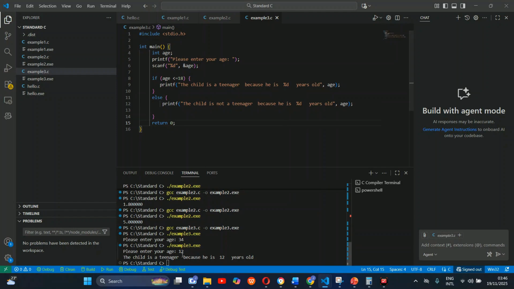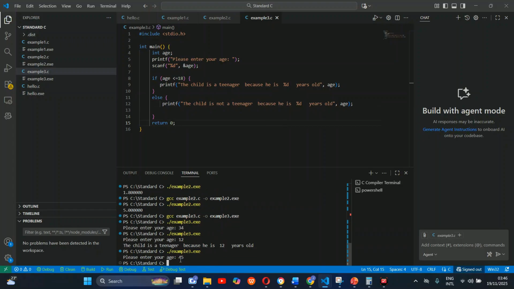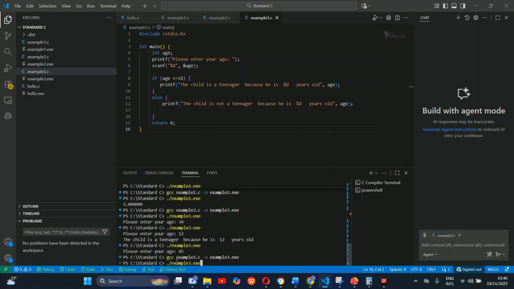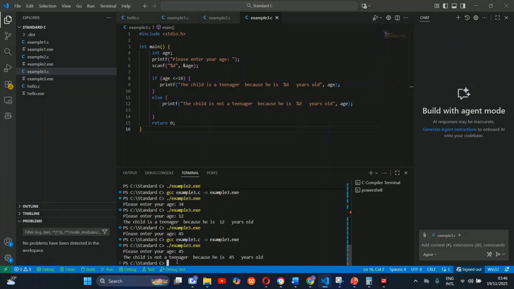Even if I put 45 here, let me just save this, I didn't actually save it. So I have to compile this again, and then if I say 45,